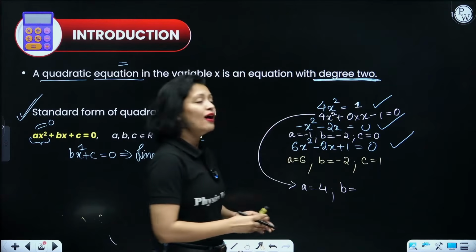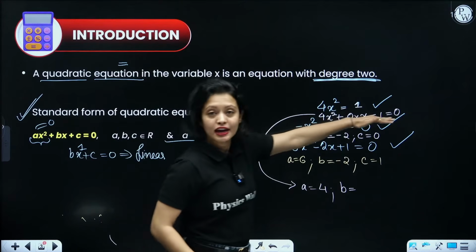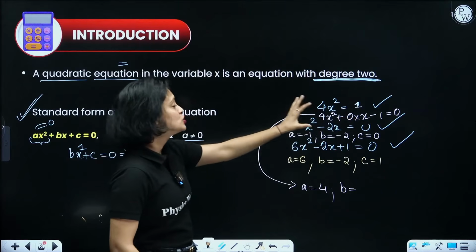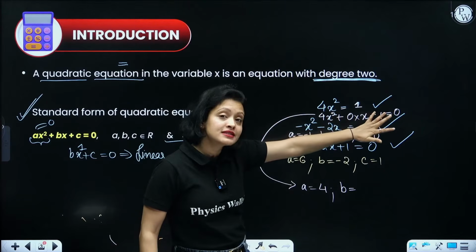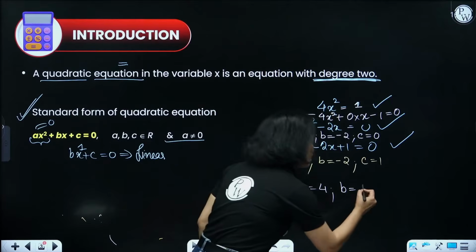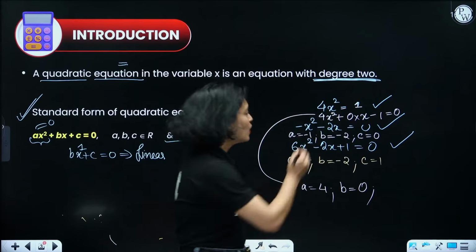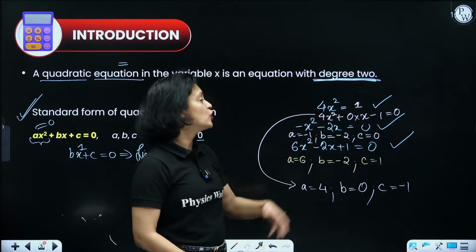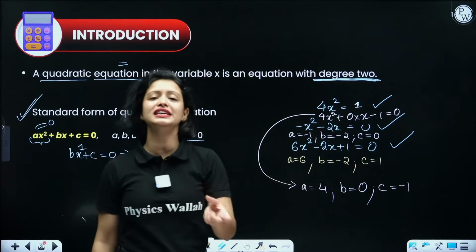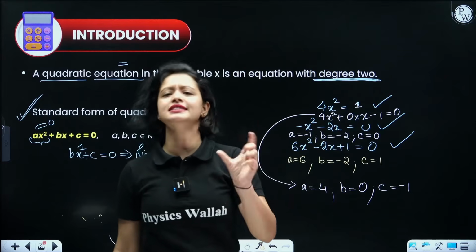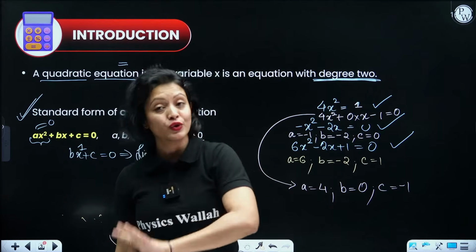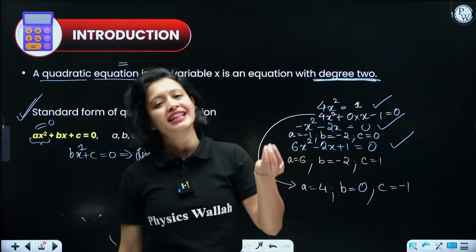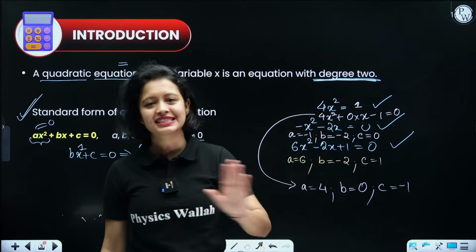Yeah. So now I have written this here in a form that you can understand, right? So now what is the coefficient of x? 0. What's the value of b, everyone? 0. What's the value of c, everyone? Negative of 1. Got it? So if you don't see the coefficient of x or you don't see the term with x, no worries, that means the coefficient of x is 0. If you don't see the constant term, that means c is 0. It's as simple as that.